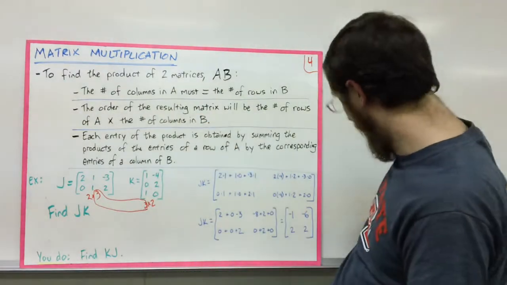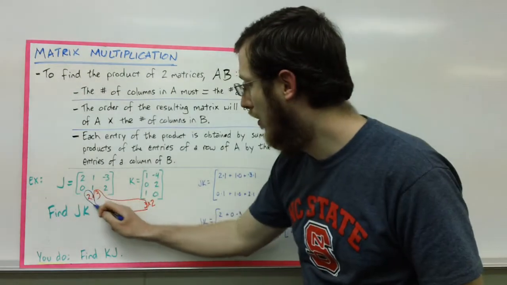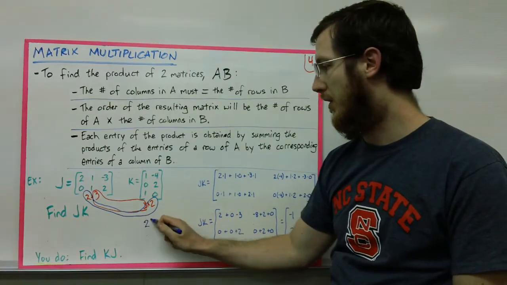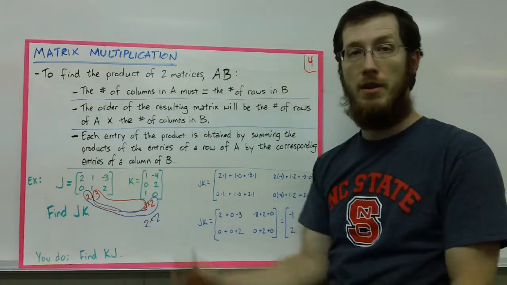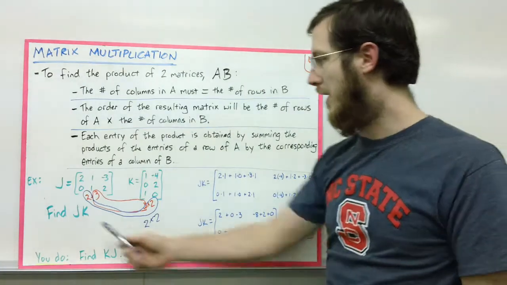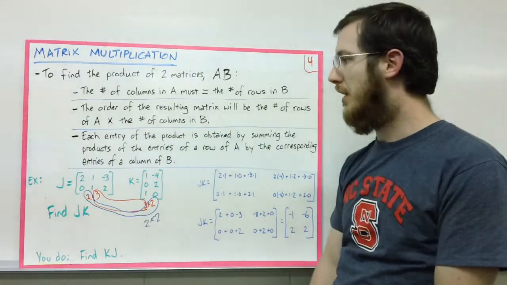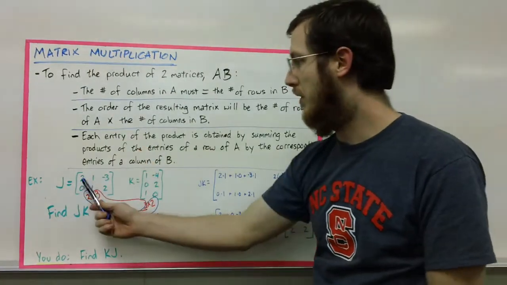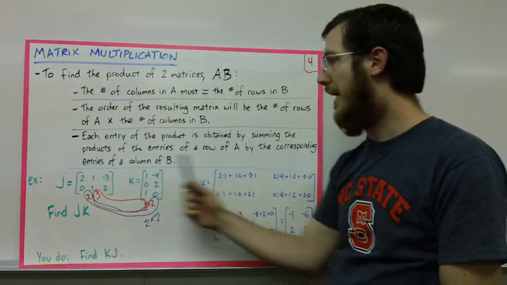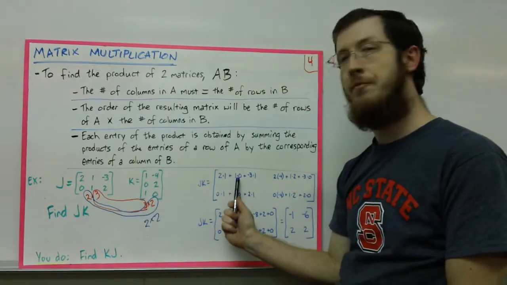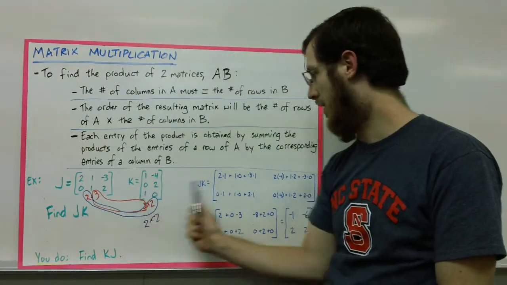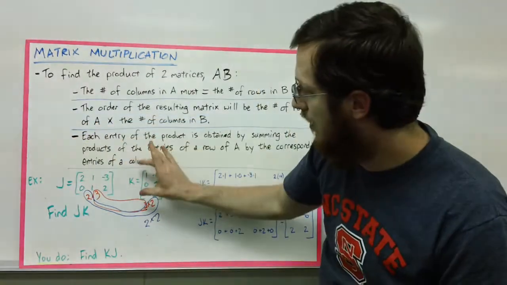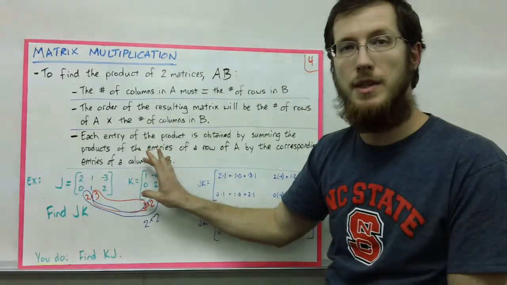The resulting matrix is going to be the 2 numbers that are left. Our result is going to be a 2 by 2 matrix. So it's going to be different dimensions than what we started off with. To find JK, we want to take this first row and multiply it by this first column. So we take 2 times 1, add that to 1 times 0, add that to negative 3 times 1. Imagine just taking this row and turning it and multiplying the corresponding numbers